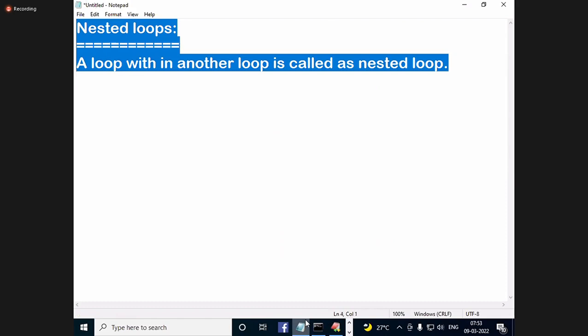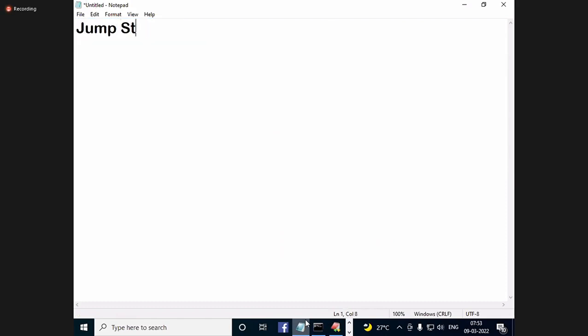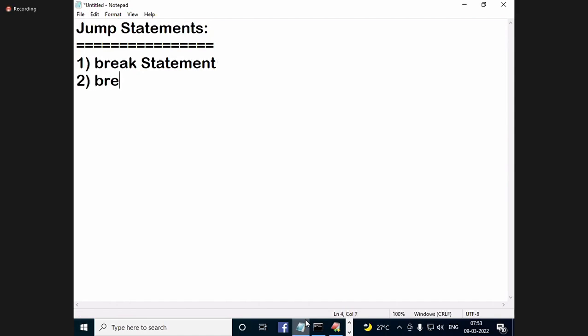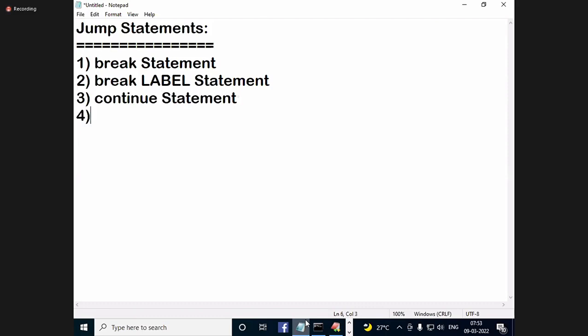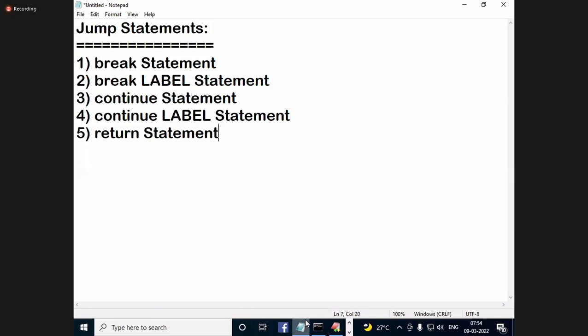Next one, jump statements. Break statement, break label statement, continue statement, continue label statement, return statement. 5 statements.